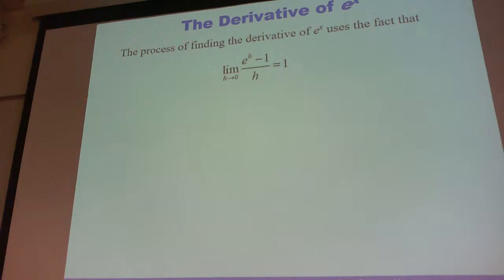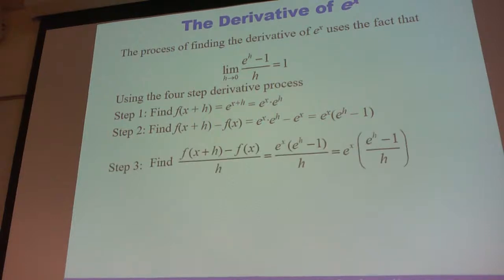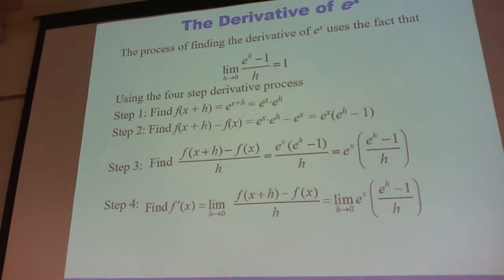You'll see it's going to get a little crazy flashing. So if you take the limit as h approaches 0, e to the h minus 1 over h equals 1, and remember the long way of doing derivatives? f of x plus h minus f of x all over h, clean it up, work it all out as the limit as h approaches 0. Can you appreciate all this hard work that went behind the shortcut I'm about to teach you? We find that